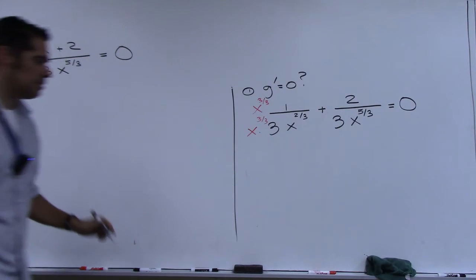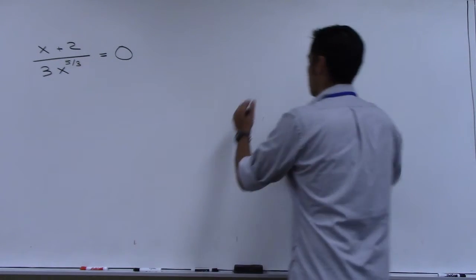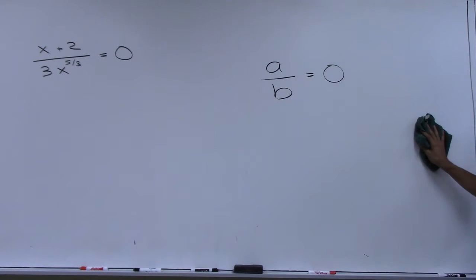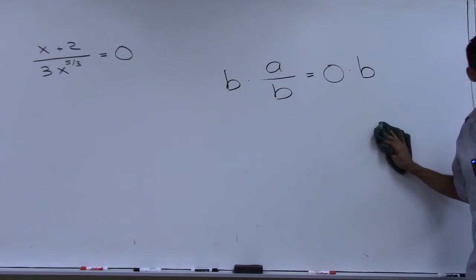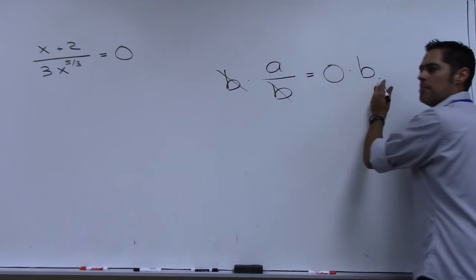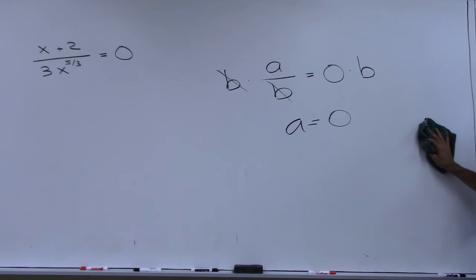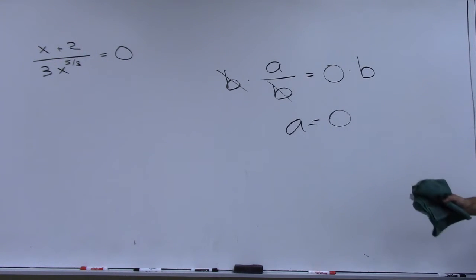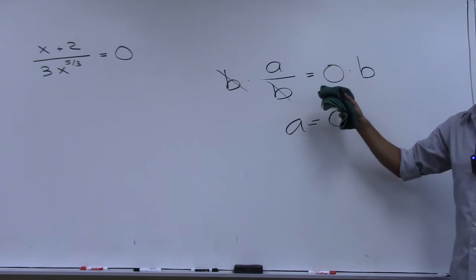Okay, so keep this in mind. This is something I remember in Cal 1 when I first learned it. I was like, okay, I'm going to need that the rest of the way. Look, if someone ever gives you a ratio, A over B, and they tell you that that ratio has to be 0, could you not always multiply both sides by B? Yes? And cancel these B's out, and 0 times B should always be 0, right? And that just results in A must be 0. Right? Could B be 0? No, because then it wouldn't even be defined, right? So you don't even have to worry about B ever being 0 to try and figure out where the whole thing is equal to 0.